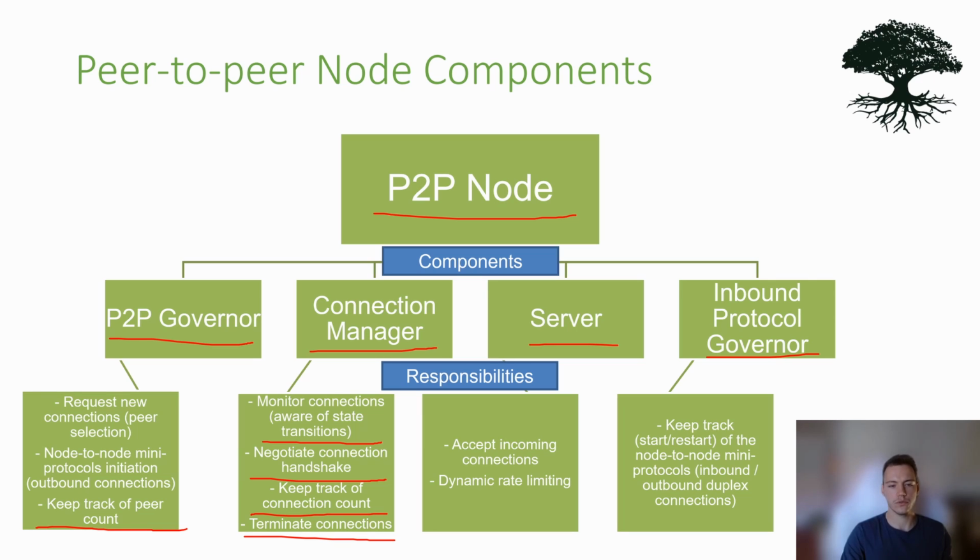So in other words, the connection manager is a low-level component that gets asked to do things relating to connections of the node by the other components. The server is a pretty simple component that basically is responsible for just accepting incoming connections and doing some dynamic rate limiting. And the inbound protocol governor is